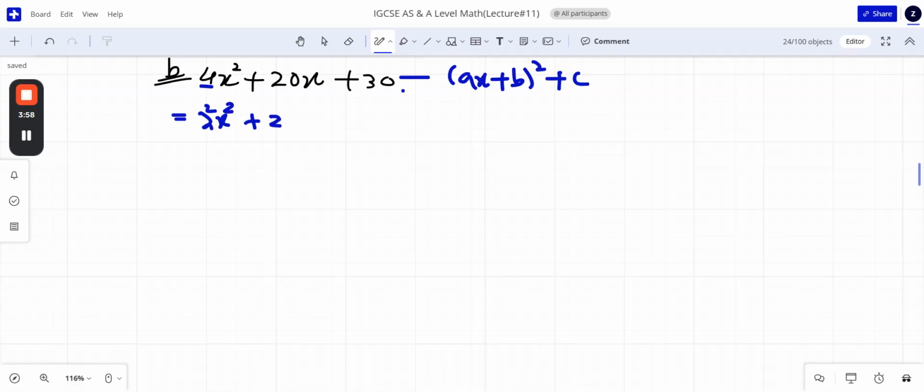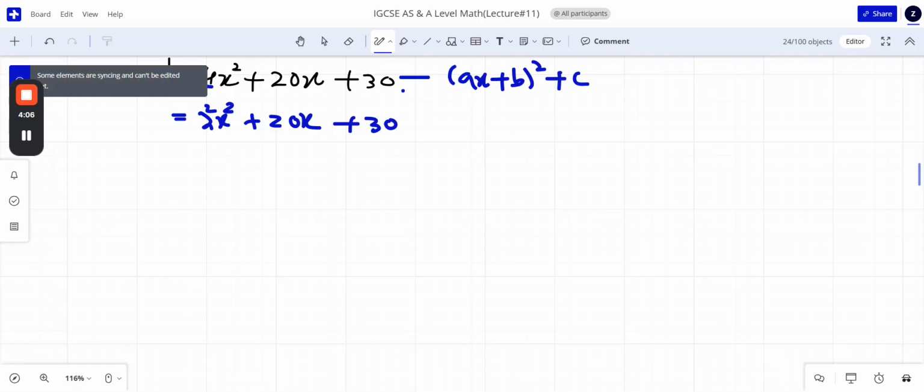then plus 20x plus 30. As we know that 2² and x² means this is a² x², and a² x² is equal to (ax)². When you have the square of two or three values, but the sign between the variables and coefficients is multiplication, there is no sign, it means it's multiply. So we can write the complete square together within the parenthesis.